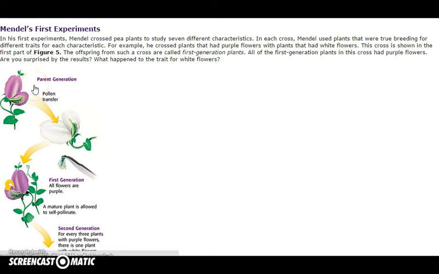So in Mendel's first experiment, he crossed the purple and the white flower. In the first generation, all of the flowers were purple. Now that is a little surprising because intuitively you would think that half of them would be purple, half of them would be white. But then